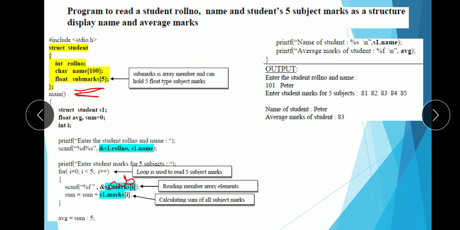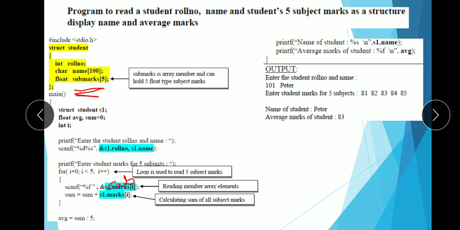Because if you observe carefully, average is not declared within this student. Average is declared within the main function. It means that average is not a member of student structure.